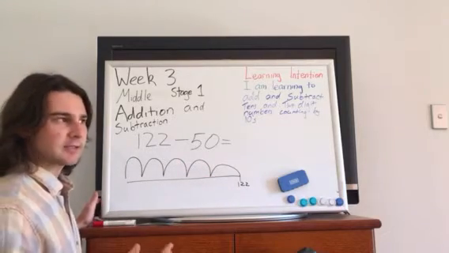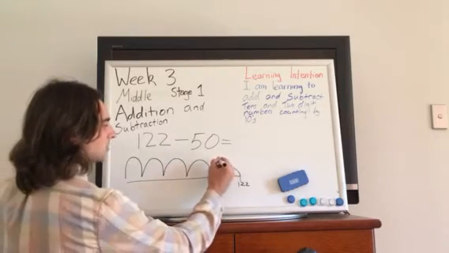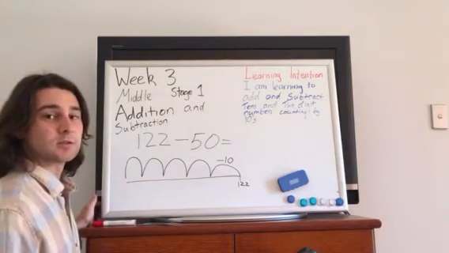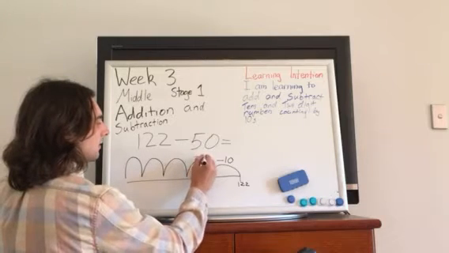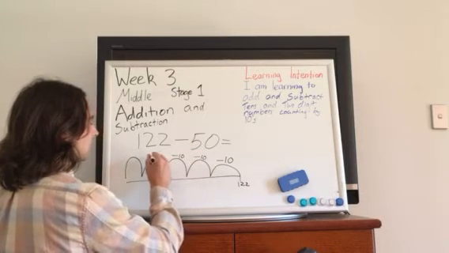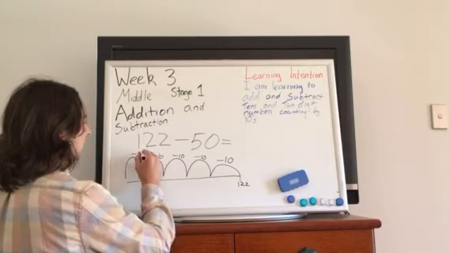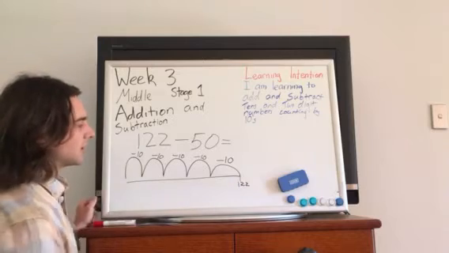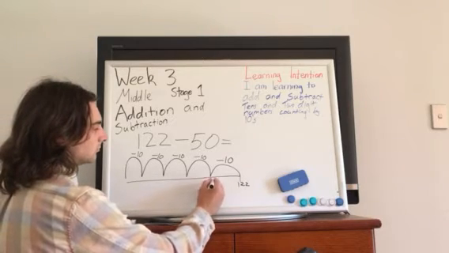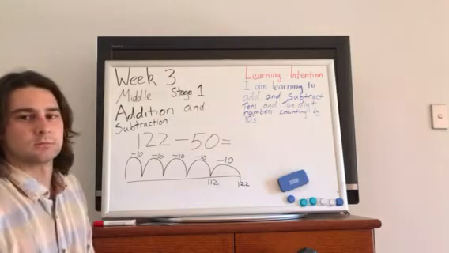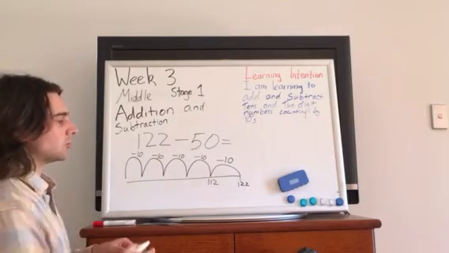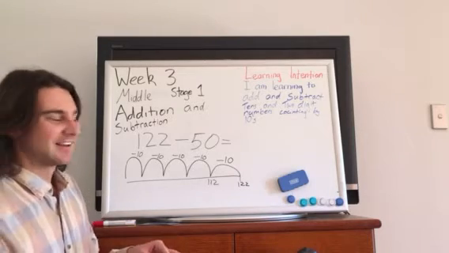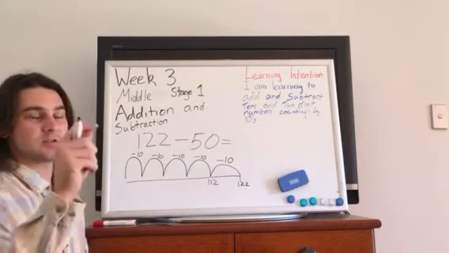I'm not going to have plus 10 because we're minusing. So I am jumping backwards. The minus shows that I'm jumping backwards by 10. Minus 10, minus 10, minus 10, minus 10, minus 10. 122 minus 10, 112. I can also use a hundreds chart and count backwards from 122